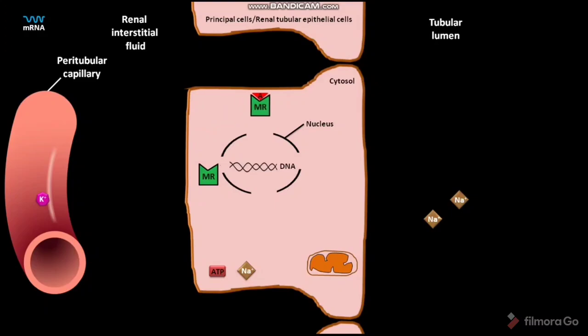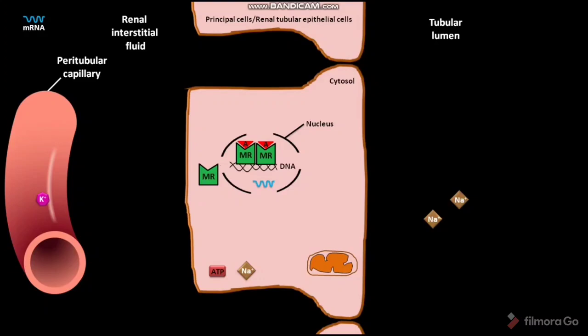In the nucleus, the aldosterone and MR complex then binds to a specific portion of DNA. Other aldosterone MR complexes then bind to other specific portions of DNA. These aldosterone MR complexes induce one or more specific portions of the DNA to form one or more types of mRNAs through transcription. Here, only one mRNA formation is visualized.